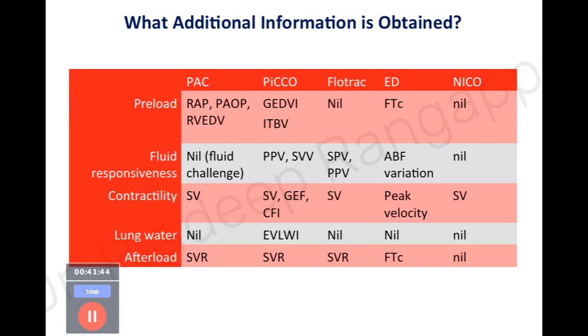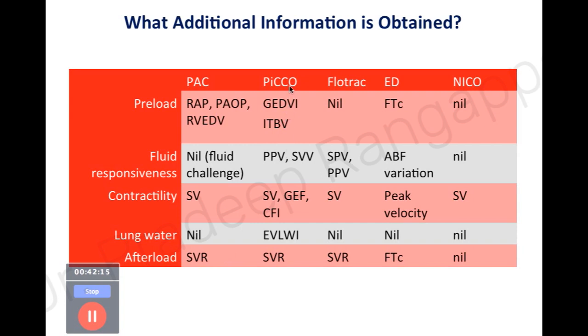Okay, so to end the topic, the most important practically used tool adopting all the principles that I spoke about is the pulmonary artery catheter, which is getting obsolete. As you see, the pulmonary artery catheter gives you a lot more information on right atrial pressure, pulmonary artery occlusive pressure and right ventricular end diastolic volume, but it does not give you an indication of fluid responsiveness. It can give you stroke volume, and it does give you an estimate of afterload by measuring SVR.